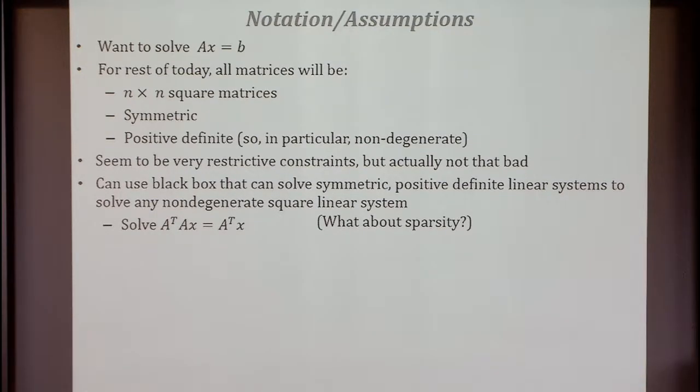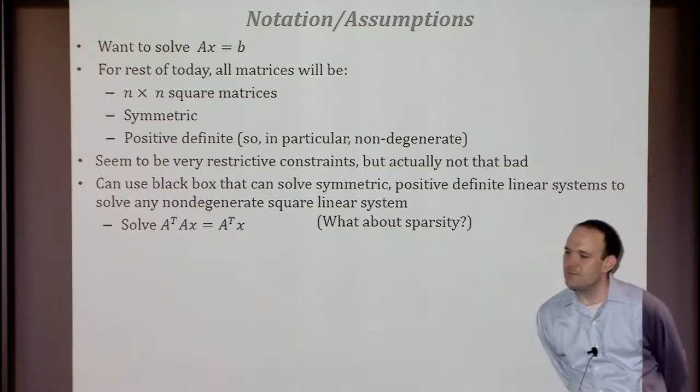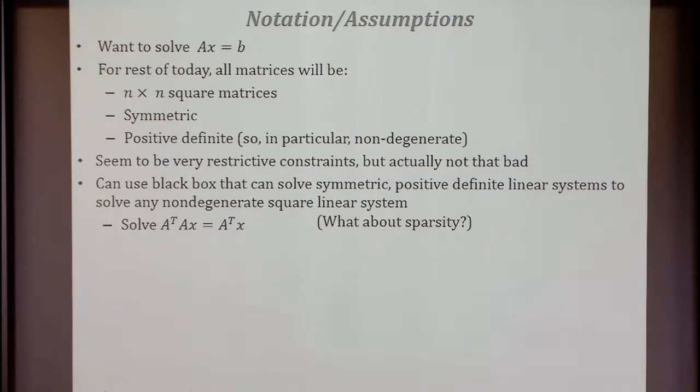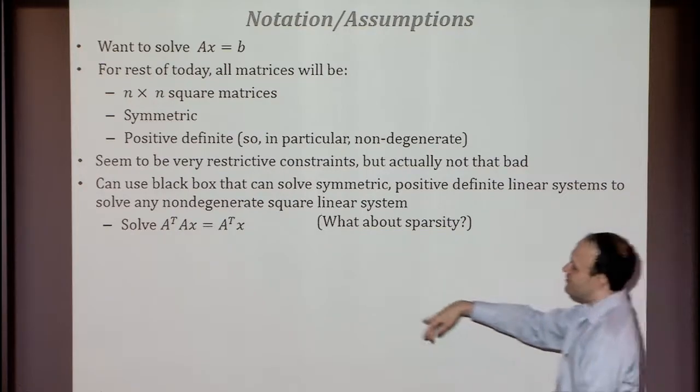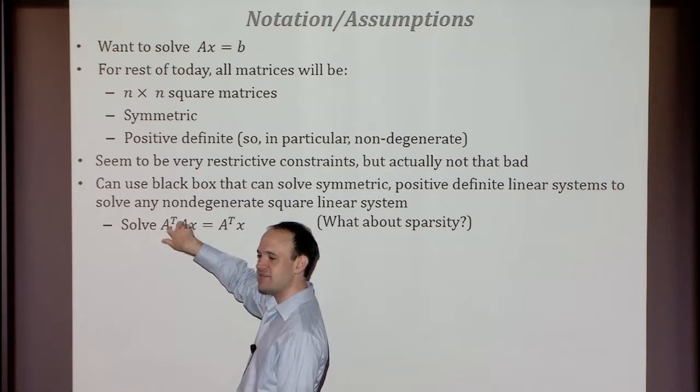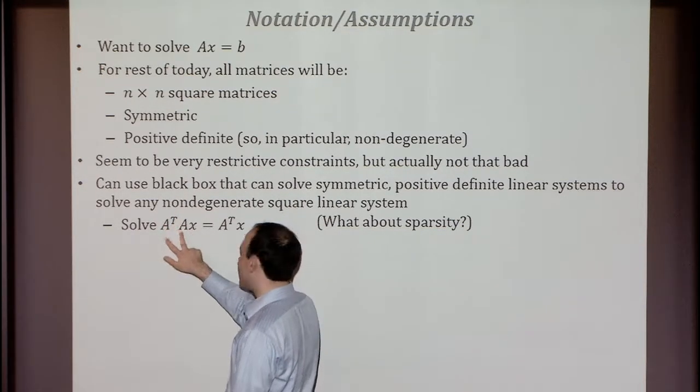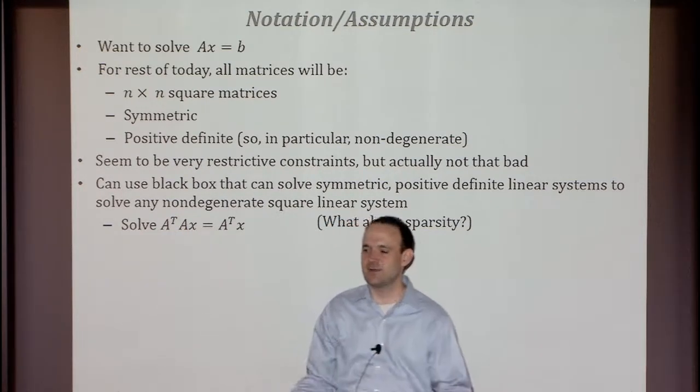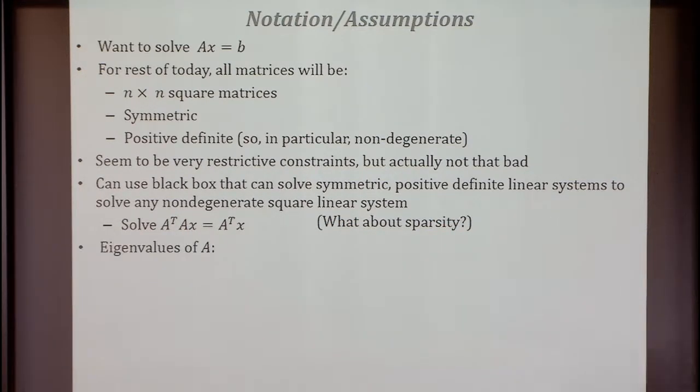But it does come with a simple question first, which is that I motivated this by saying sparsity, and A transpose A won't be sparse. But note that in everything I do, I'm only going to need to multiply by the matrix involved. So I'm never going to actually have to compute A transpose A. I'm just going to have to multiply by it. You just multiply by A and then multiply by A transpose, so you can still exploit sparsity.